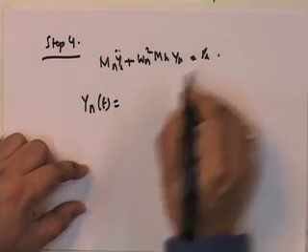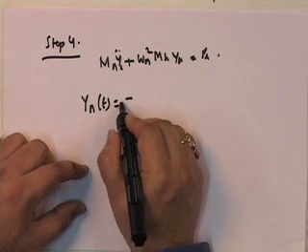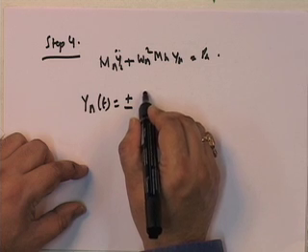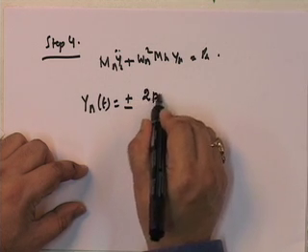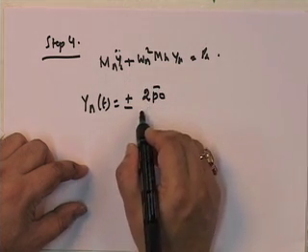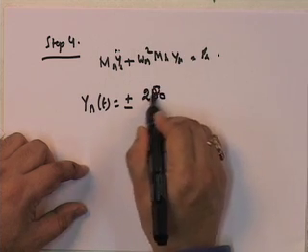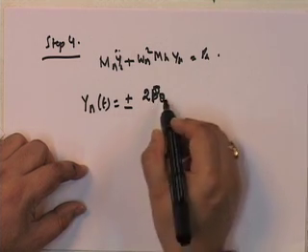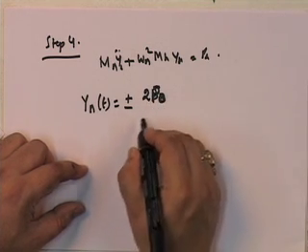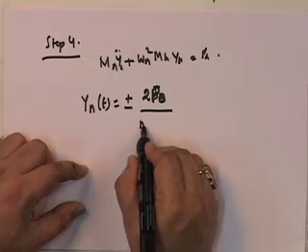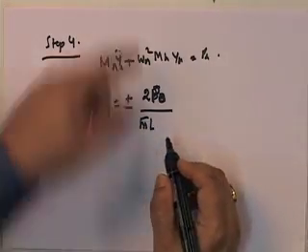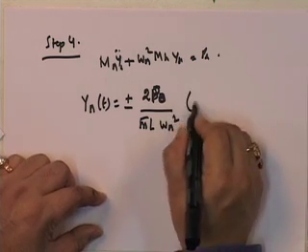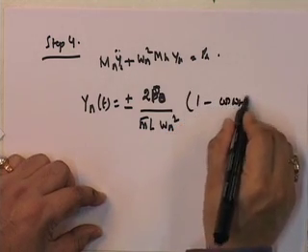It's going to be equal to plus minus 2 P naught. Sorry, this is no longer P naught bar, this is actually P naught, P naught upon m bar L, that's m bar L by 2, omega n squared, times 1 minus cosine omega n